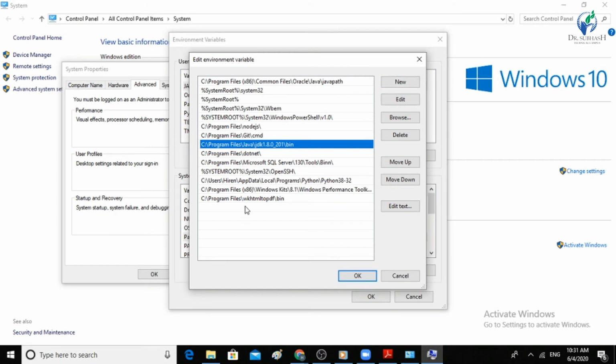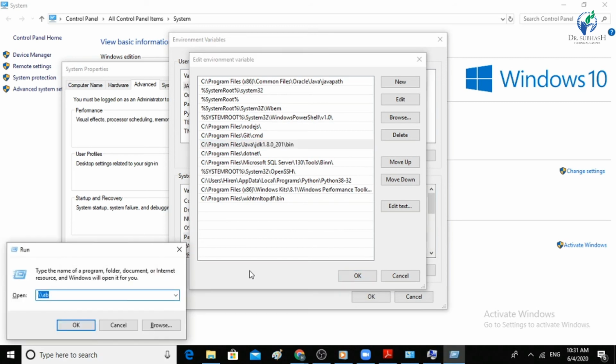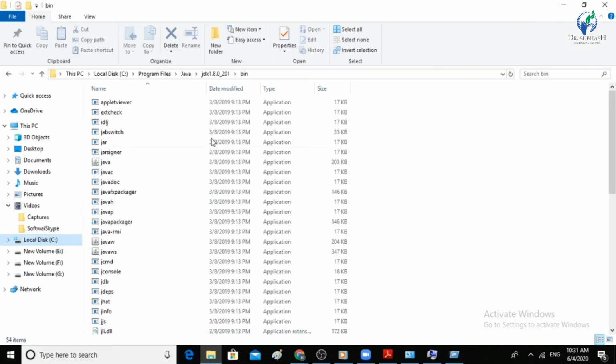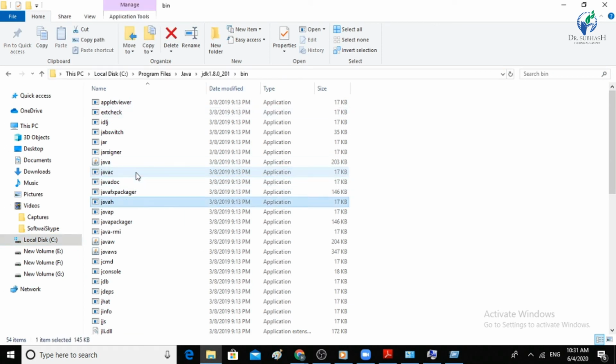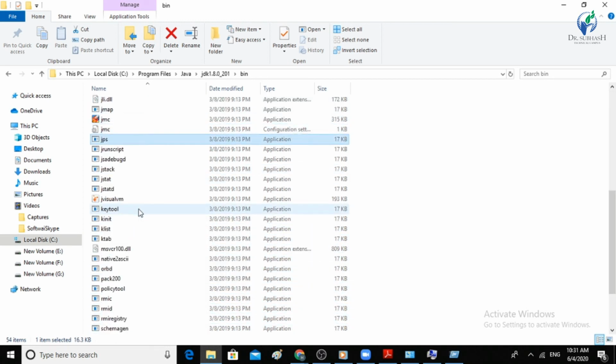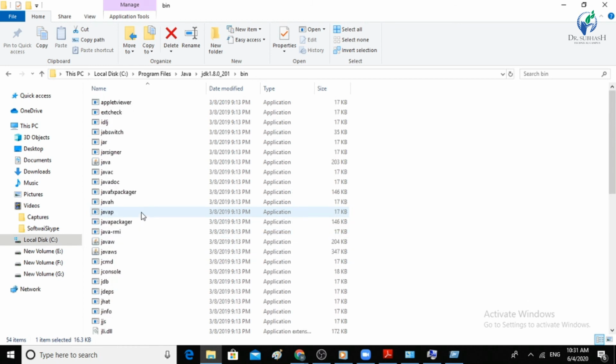Now you need to understand why this path needs to be added here. Let's say we will run our Java code from the command prompt. To run our Java code, we require this tool called javac.